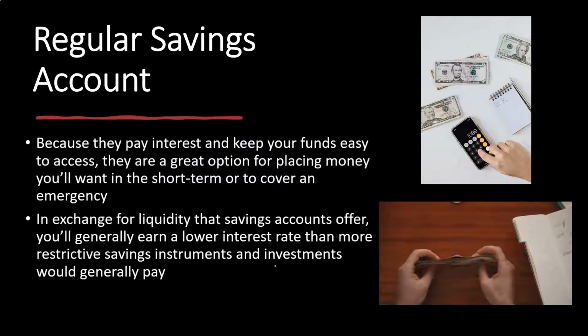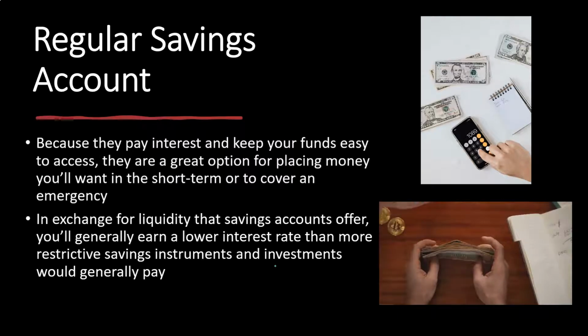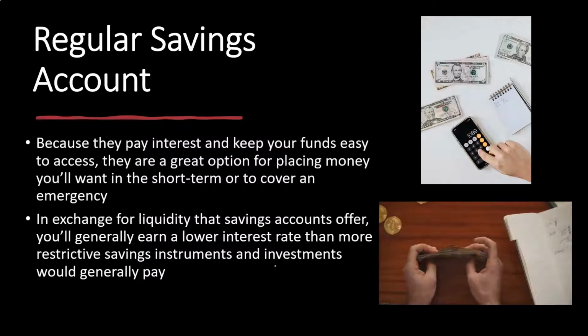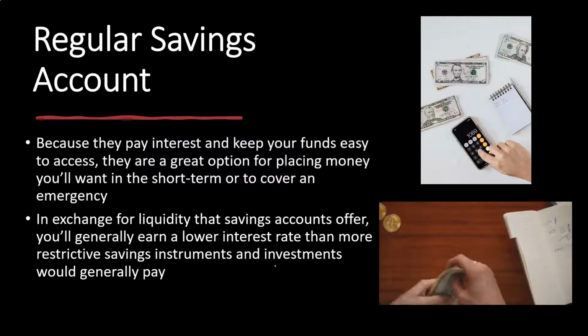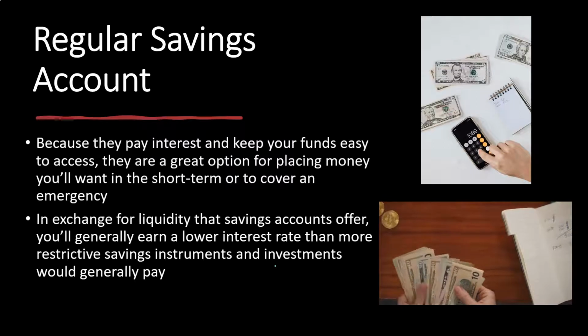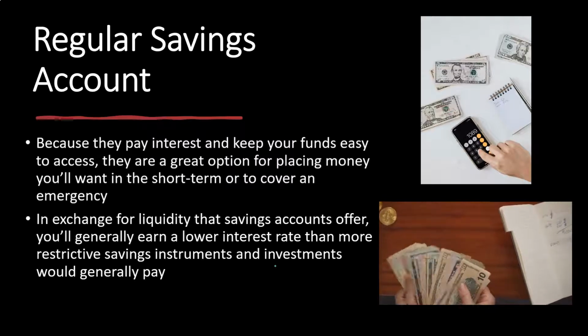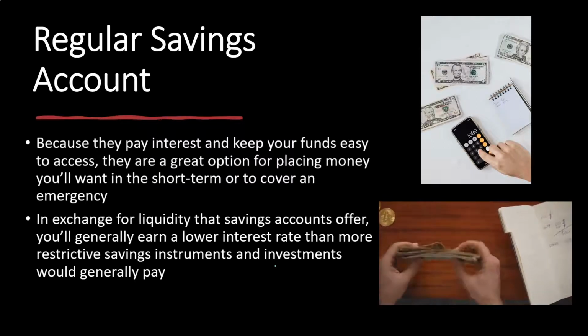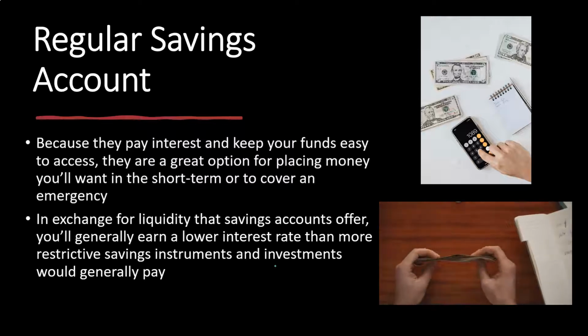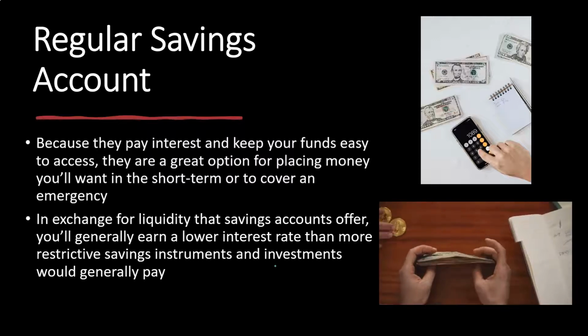So the question then on the savings of very safe kinds of investments is, how liquid is it? How much access do we have to it? Trading off between that and basically how much we're going to get in terms of an interest rate. Now remember, if you're in a time when the interest rates are quite low, then you can look at this whole thing and say, well, man, the interest rates are really low no matter what I do at this point in time. But remember, you want to have an idea of these things because you won't always be at a time when the interest rates are really low.